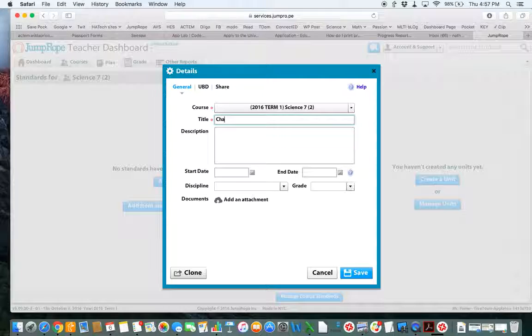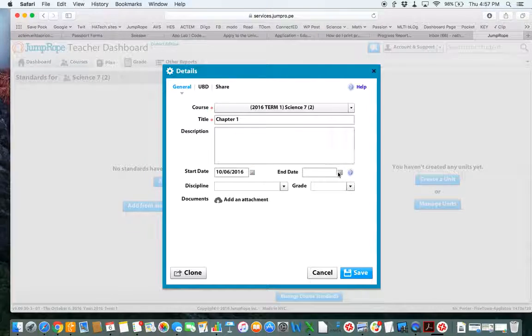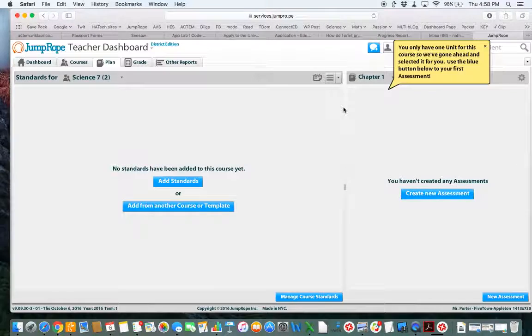I'm going to call mine just chapter 1, whatever that happens to be. I can give it a start date, and the start date could be today, and then the end date might be the 18th. Do I have to do this? No, I do not need to give it dates here in this section. I might leave it blank, and then it's going to always be functioning, accepting grades. I can hit save, and now that we go over here,